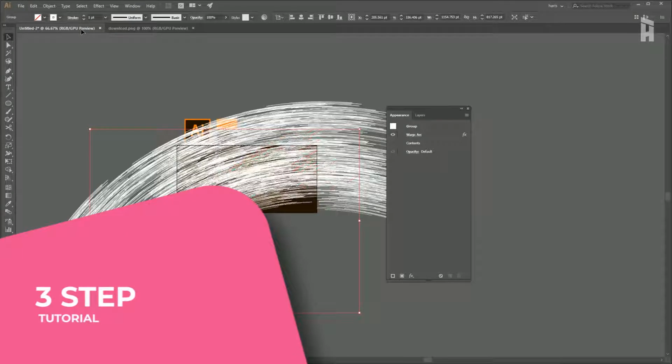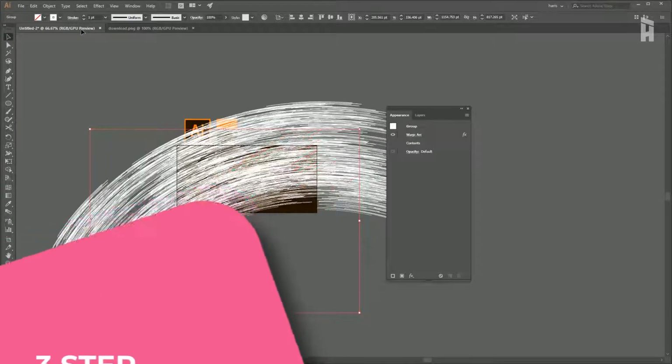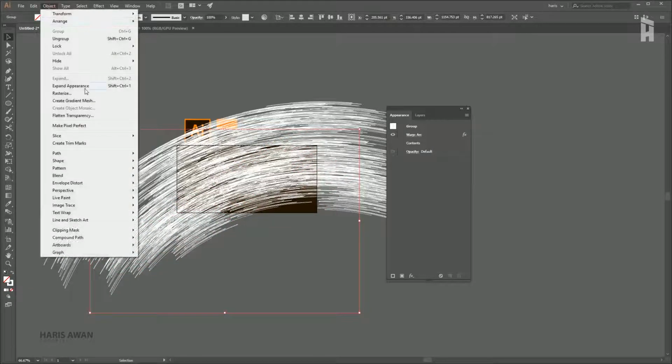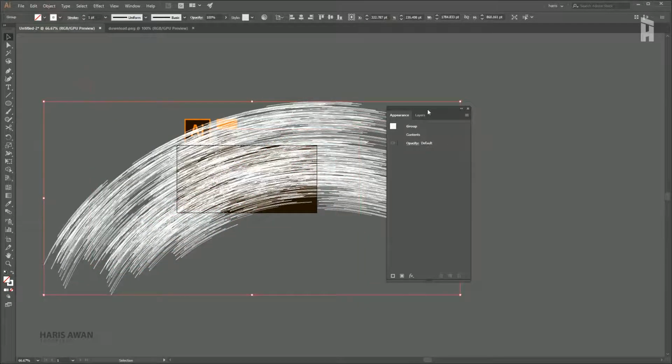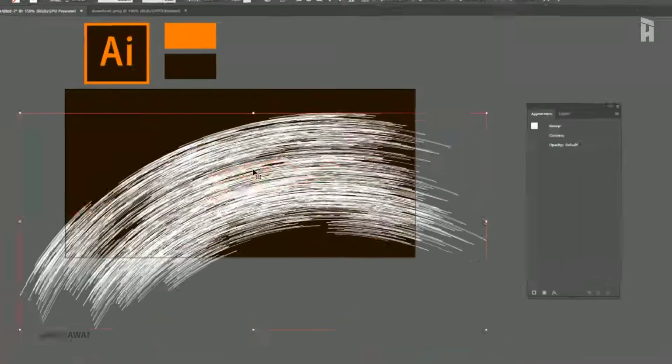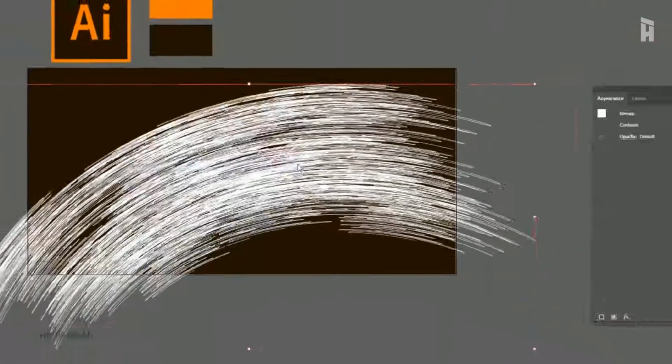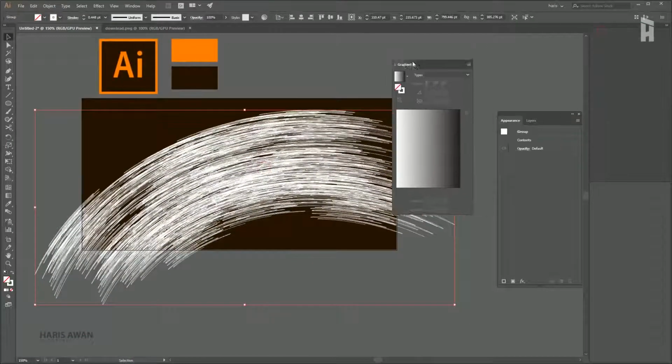In the third step we can create some line effect by changing the color and expand the line. Go to the object and select this expand and appearance and scale it little bit. Now go to the Windows and check this gradient, or shortcut key Ctrl F9 and drag it this gradient panel here,